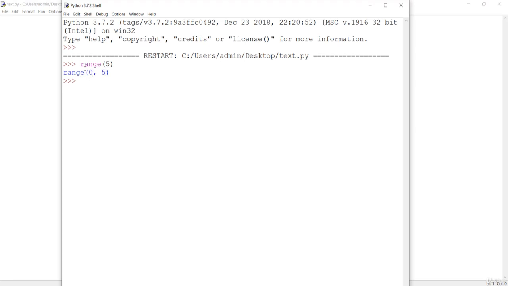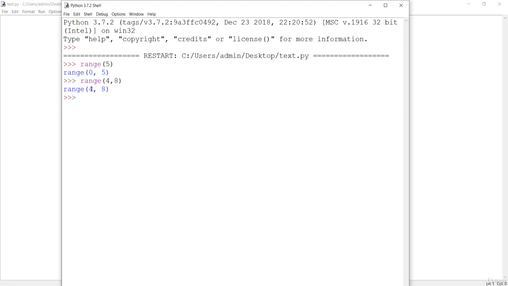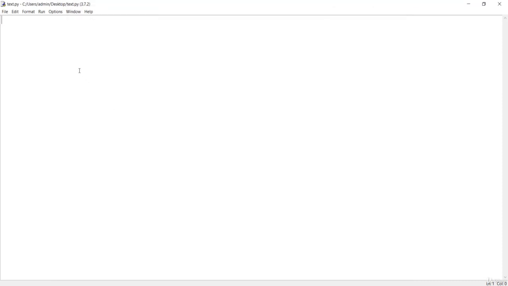Just remember that range gives us a tuple from the starting point to the end point. If you provide a single argument, it would be the stop point. If you provide two arguments, let me say range 4 to 8, it is going to give us from starting 4 to end 8. So this is the range method. We'll make use of it now.